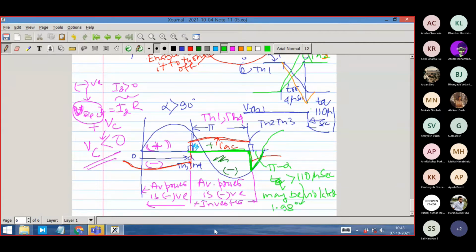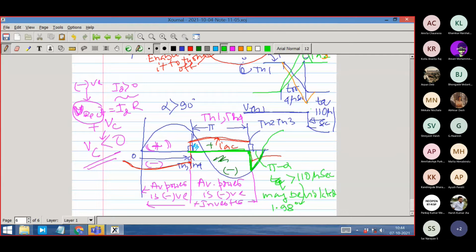I hope you have understood how I have done this. So what does it mean? That negative voltage should be there for at least 1.98 degrees. Okay, this is a good value, a good thyristor. In some cases this value comes out to be about 10 degrees also. The specification I have taken is that of a high quality thyristor. Some other thyristors are there where this TQ value is reasonably high. It is not as small as 110 microseconds, right?